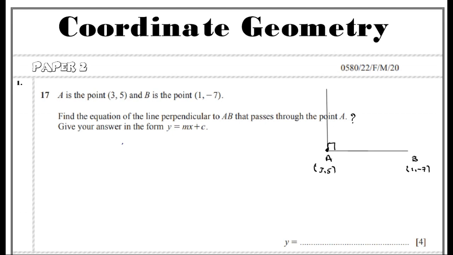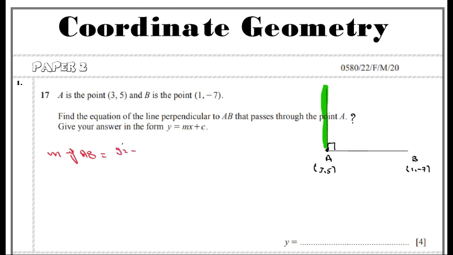To find the equation of the perpendicular, we have to find the slope of AB. As you can see from the drawing, he needs to know the equation of the line perpendicular to AB. So we need to find the equation of this line. To find the equation of this line, we have first to find the slope of AB, or the gradient of AB. The gradient of AB is equal to